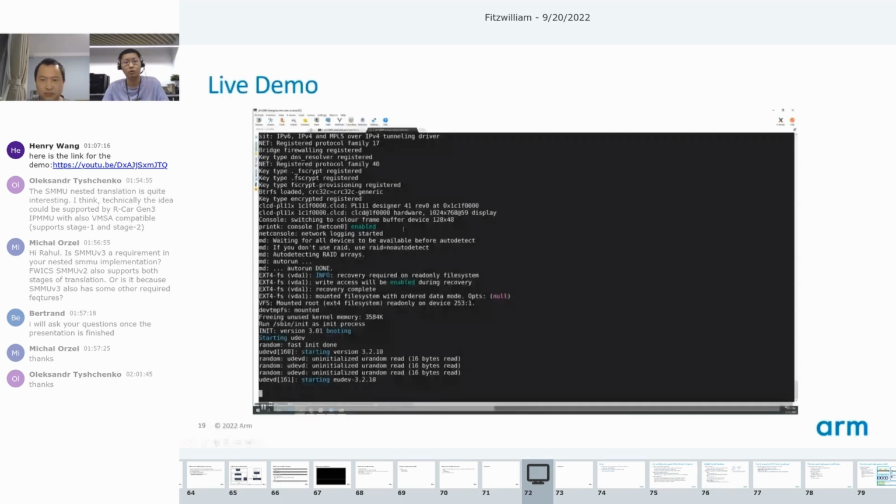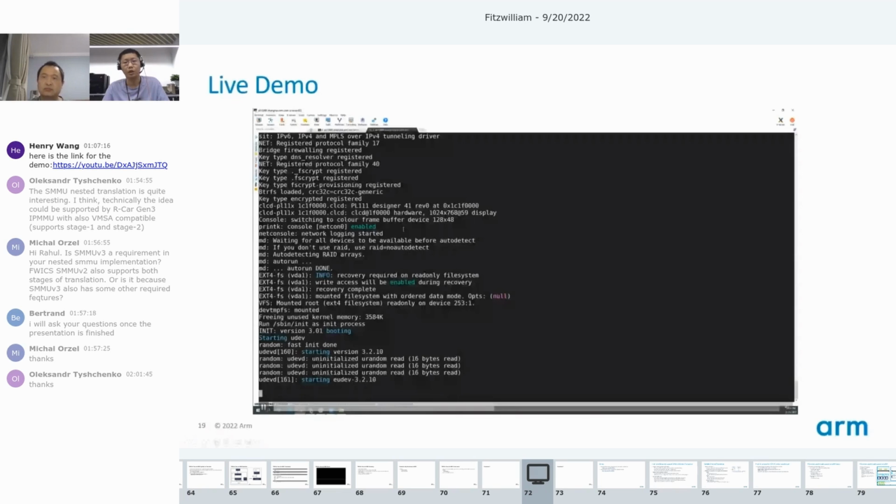Now we can see the DOM0 has booted. We will use root to log in and see the xl help. We can see the xl psr related commands appear, and we can use the xl psr-hwinfo to see the MPAM related hardware information. And it is shown here. For example, the level 3 cache size, the maximum part ID supported, the default cache portion bitmask length, and the default bit mask are shown here.